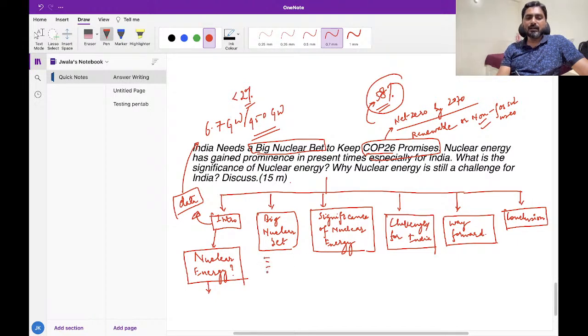We will have to switch from conventional sources of fuel to renewables like solar, wind or nuclear. To fulfill our promises, you will see that solar and wind power have certain limitations, while nuclear has a lot of advantages compared to other sources of energy. That is why we are saying that India will have to bet big on nuclear. So here you have to justify why India would need to bet on